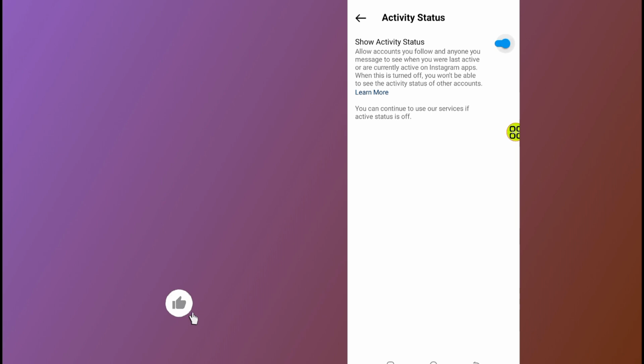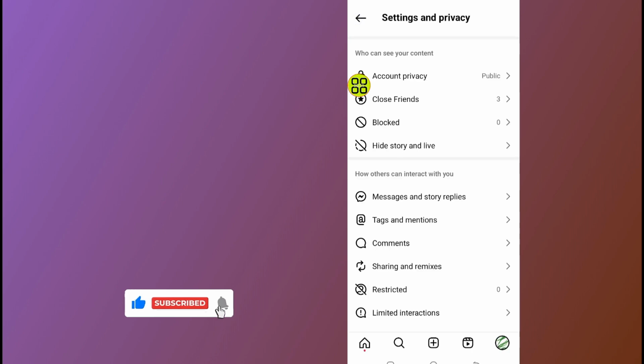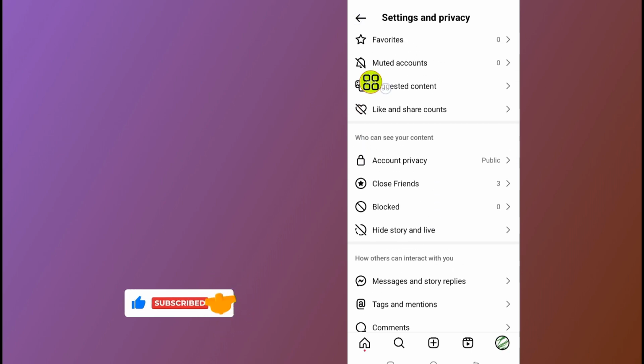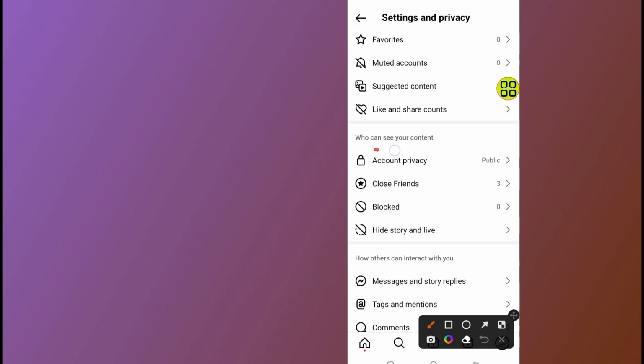Maybe by default you can see it like this. Turn it off like this. After you turn it off, now tap on this back arrow again. So now scroll down and search for this as you can see now. Here it is, account